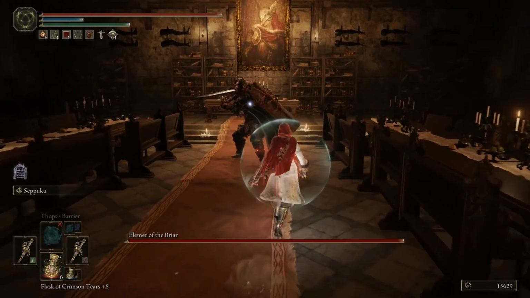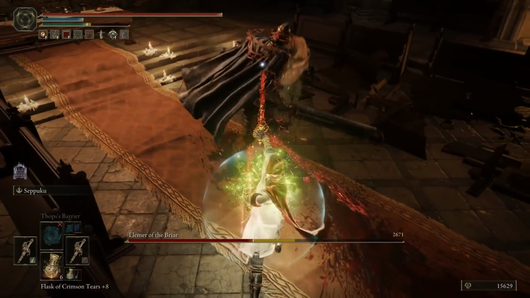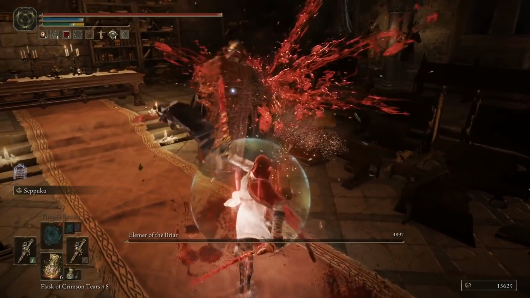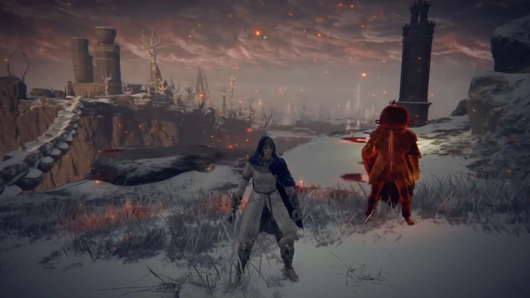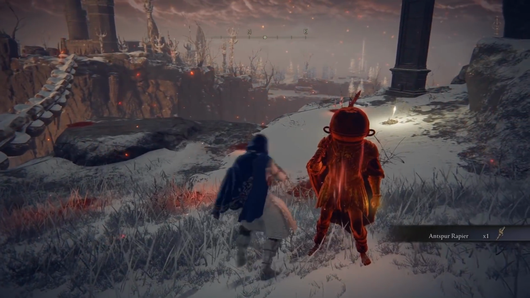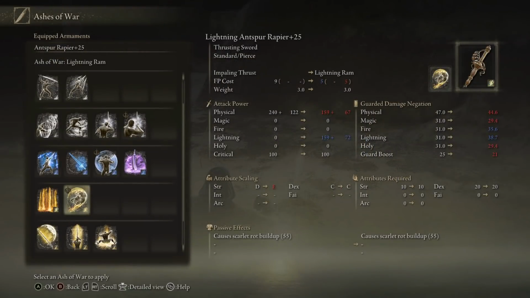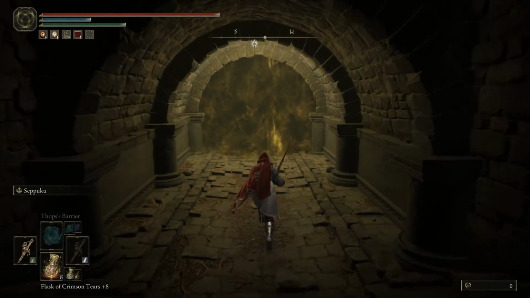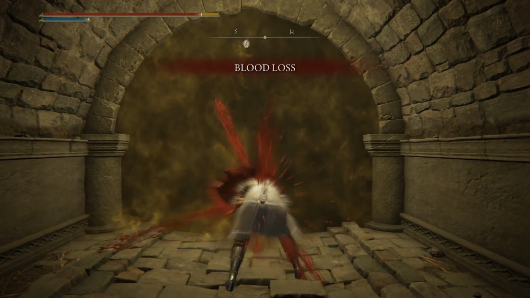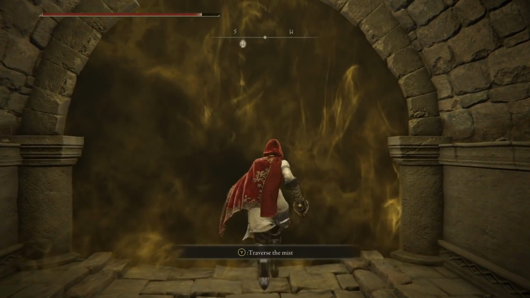But we have 2 hands, which means if we acquire a second Antspur Rapier, either from New Game Plus or get a friend to drop it for you, in our left hand, we can give it a Ash of War by the name of Chilling Mist. We can then set that to Ice, of course, and we have ourselves a Rot and Ice weapon. You buff one hand up with seppuku, you buff the other hand up with enhanced Frost build-up, and then suddenly